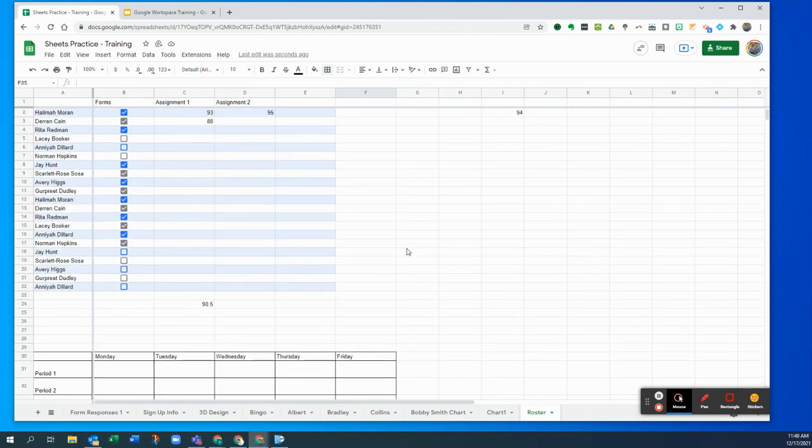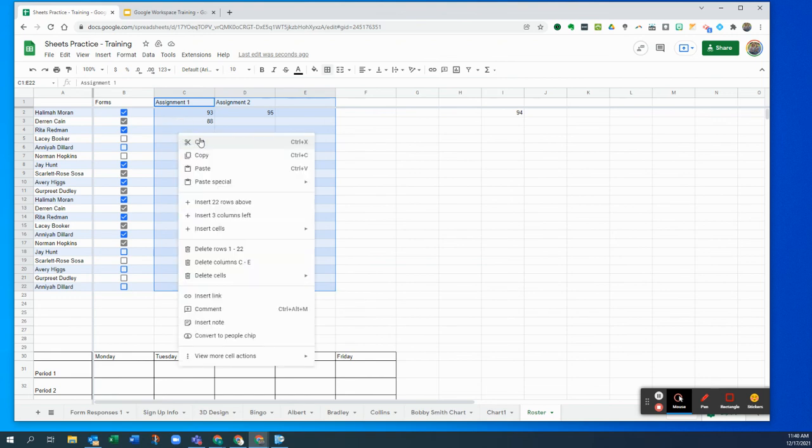And then finally, one last piece to note here for your basic skills is, what if I don't want people to edit things? What if I want to share and I want them to edit some parts but not other parts, right? What if I want them to check off, and a co-teacher gets a form from a student, I want them to be able to check off here, but I don't want them touching the grades if it's in the same spot. I can highlight a certain section, let's say this part,